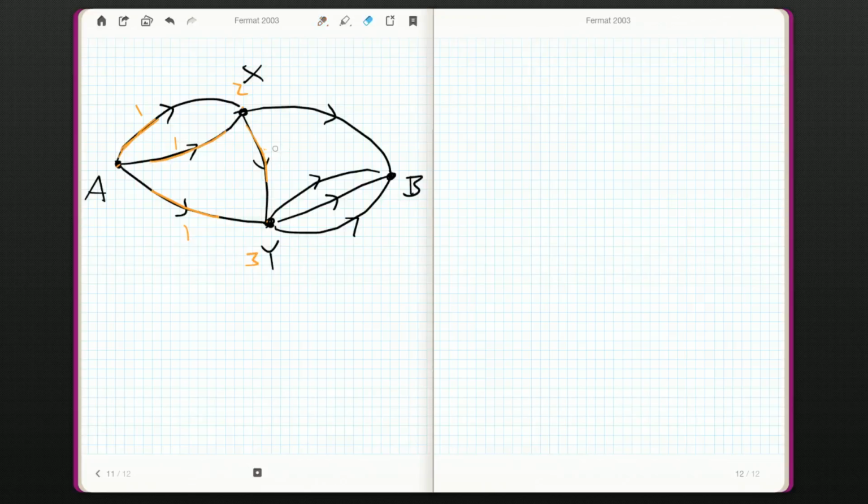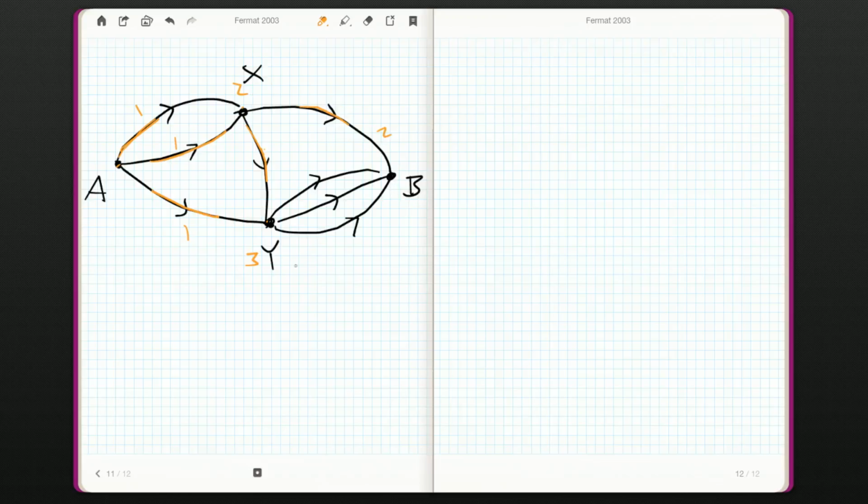Okay, so now we know that there's three pathways that go from A to Y. But we're trying to go from A to B. We're trying to count them all. Now, if we're going from X to B directly, so A, X, B, and we're not having any Y's at all, there's two ways to accomplish that. The two ways to go to X, and then travel along this path, and that'll get you right to B,